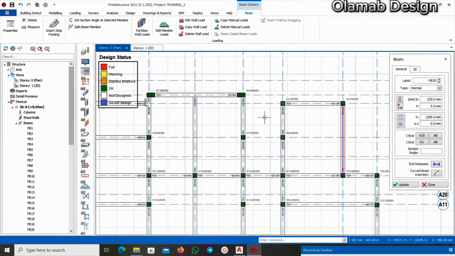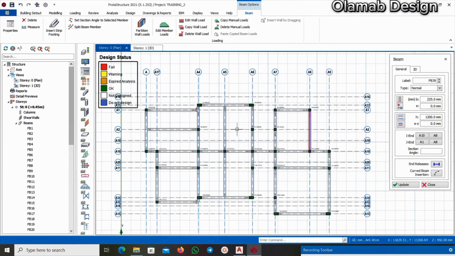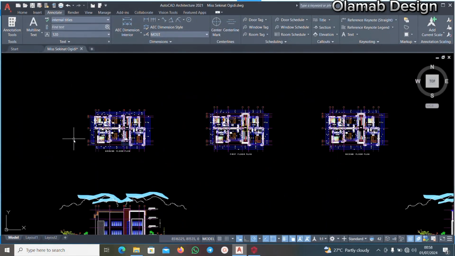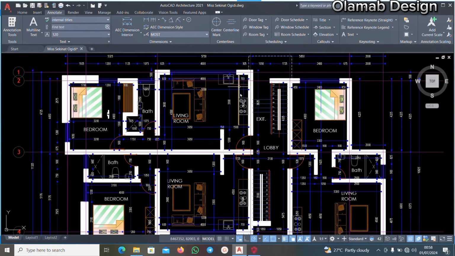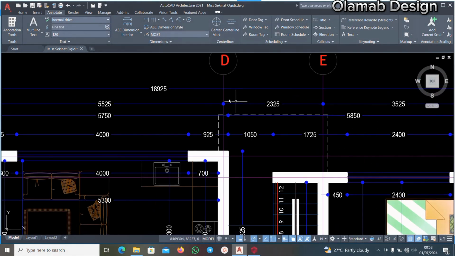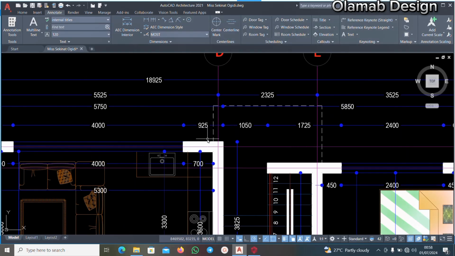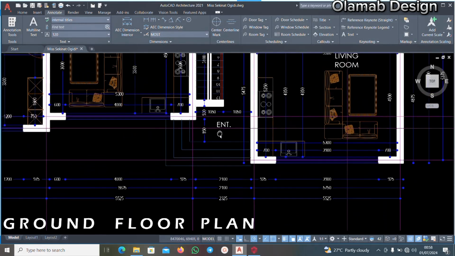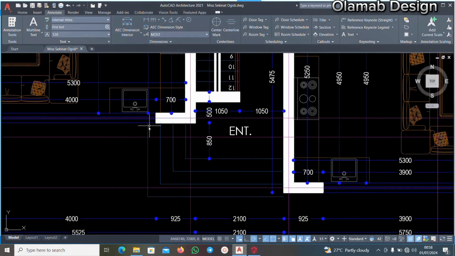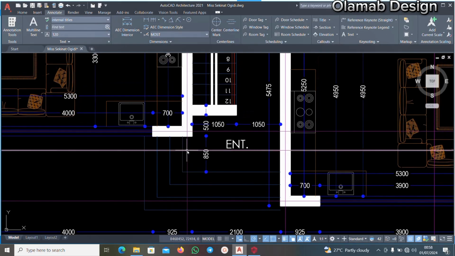Then let me go to my AutoCAD file now. I'll go to my AutoCAD file, then I'll check my ground floor. I'll check what is happening at this point. As you can see, this is an entrance, but at this entrance, there must be something they will step on. Let me use this place as an example. As you can see, there is a step here, 1, 2, 3, and there is something like a slab here for them to step on before they will